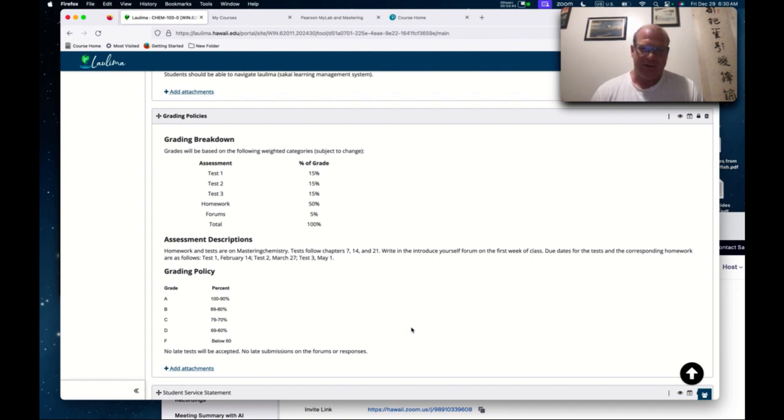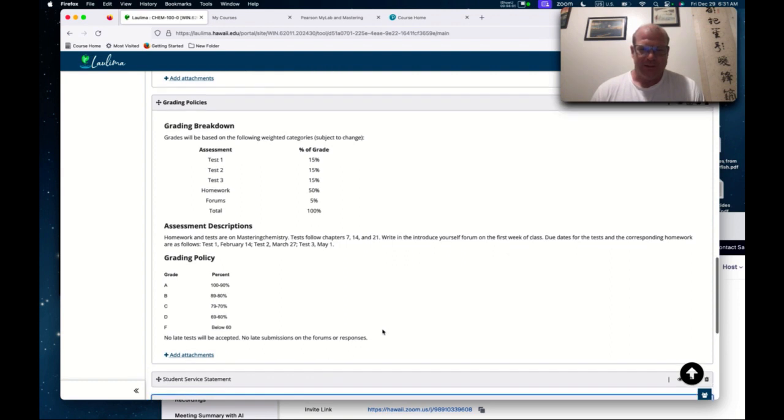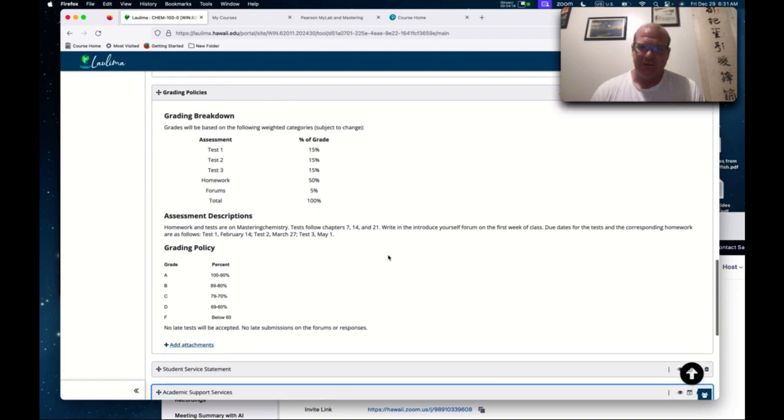So go ahead and do that, and that's very easy. I'm very liberal in grading that. Here, the class is half homework and then 3 tests, 15% each. There's no final. And here are the due dates: February 14th, March 27th, and May 1st. And every week I will email you and remind you of the due dates. I also will do a second email on kind of